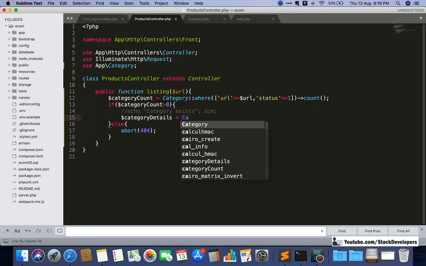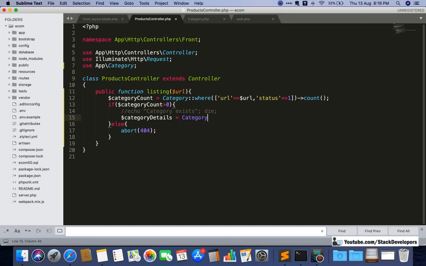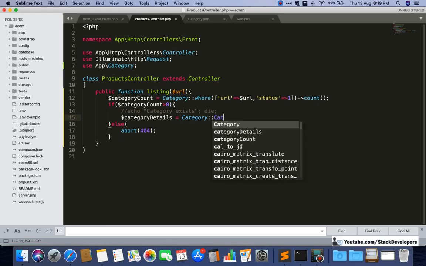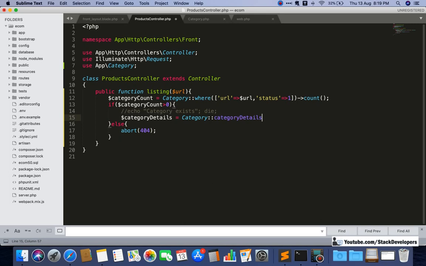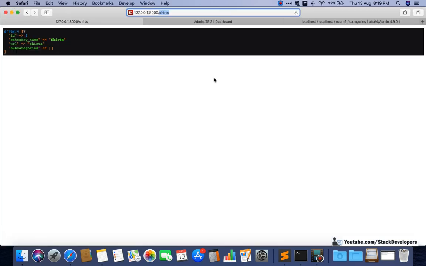We fetch it from the Category model, from the categoryDetails function, and we pass the URL like this. We are going to print it as well, and it will come here, as we have already done.